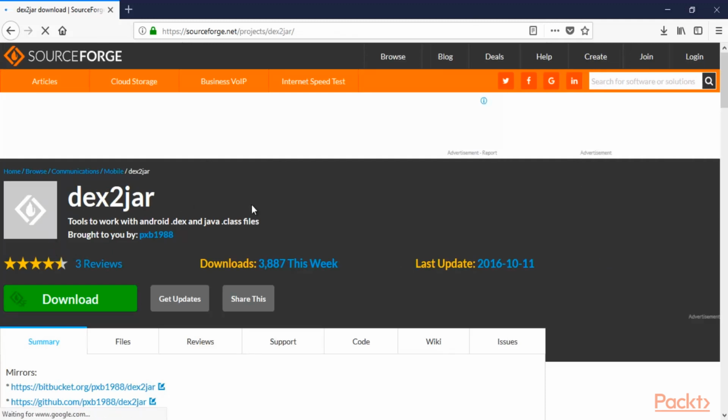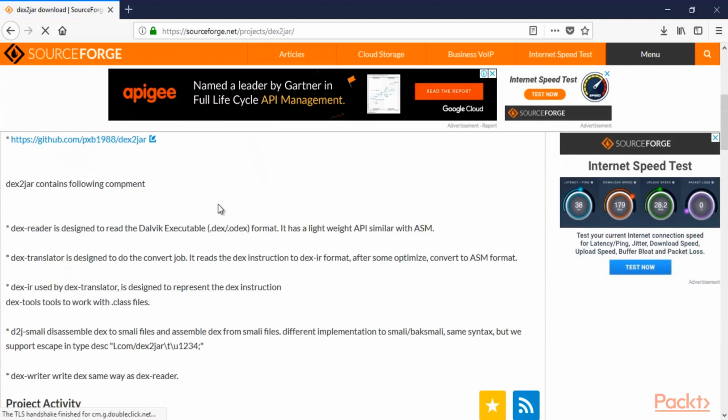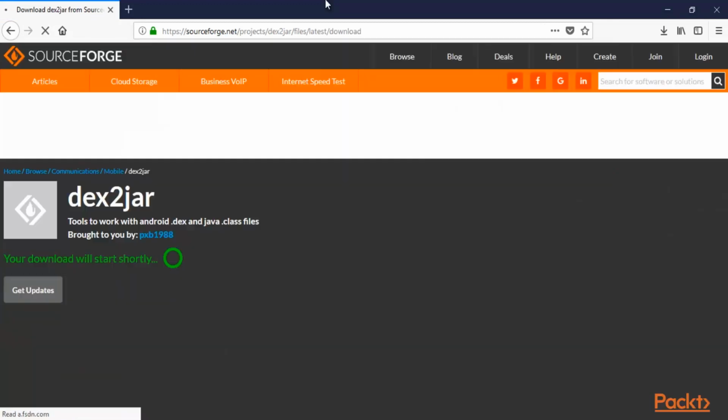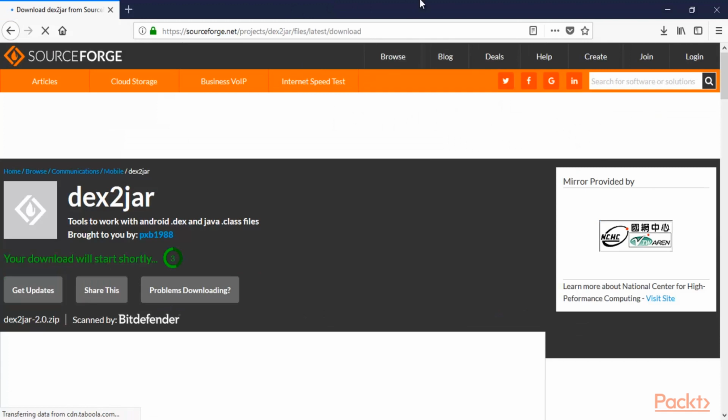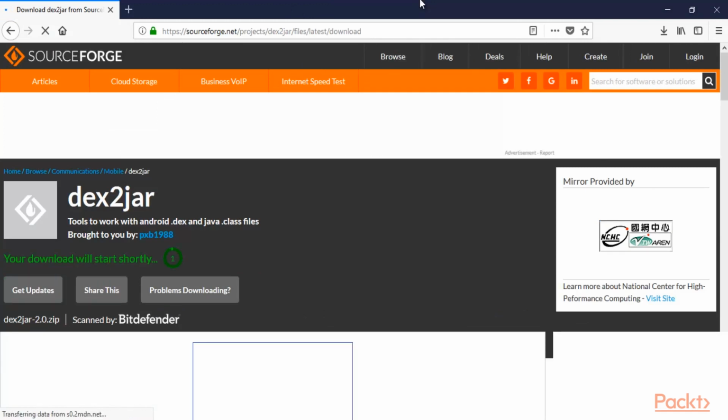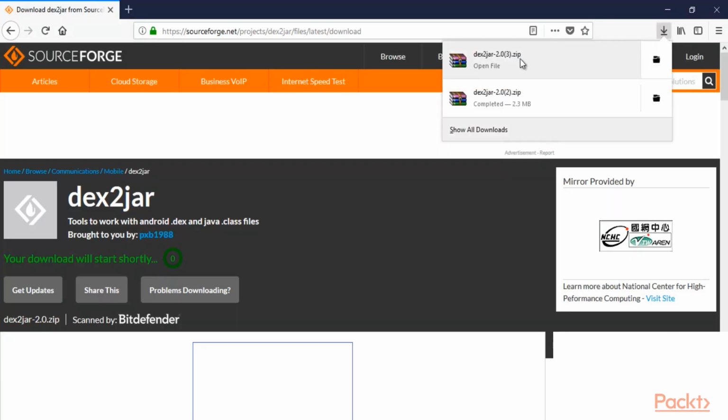So this is Dex2Jar tool, right? Click download and it is going to download inside our system. It's a small tool, it won't take much time. So you can see here that Dex2Jar tool has been downloaded inside our system, right? So we are going to use this tool to convert the APK file into jar file. Because we have iglearner.apk app, we need to convert that iglearner.apk app into iglearner.jar file, and then we will open the source code file later.